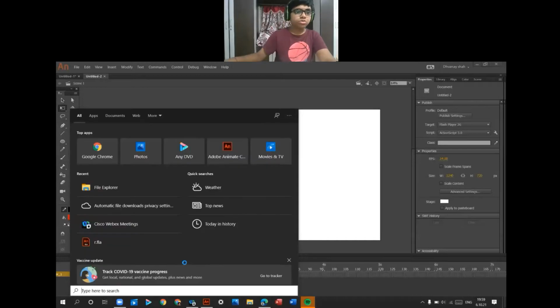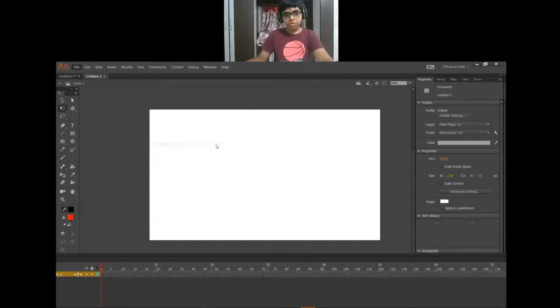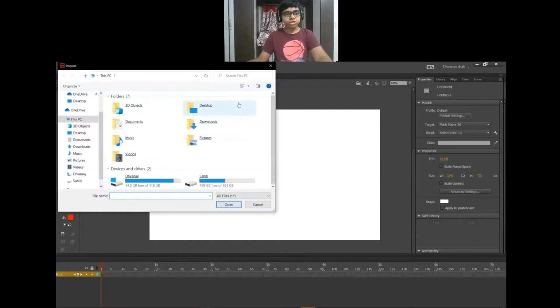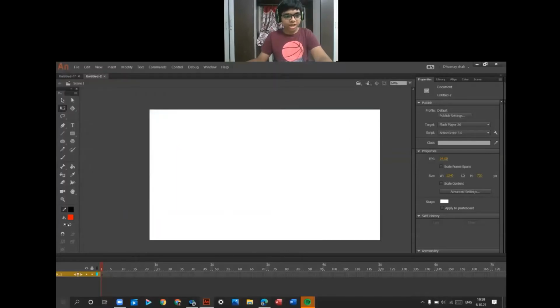To do this, go to File, Import, Import to Stage or Import to Library, both. Mostly you import to Stage, shortcut key Control plus R. Go to Desktop and select any file. I will select one file from Google or the web that you download, so you can select.